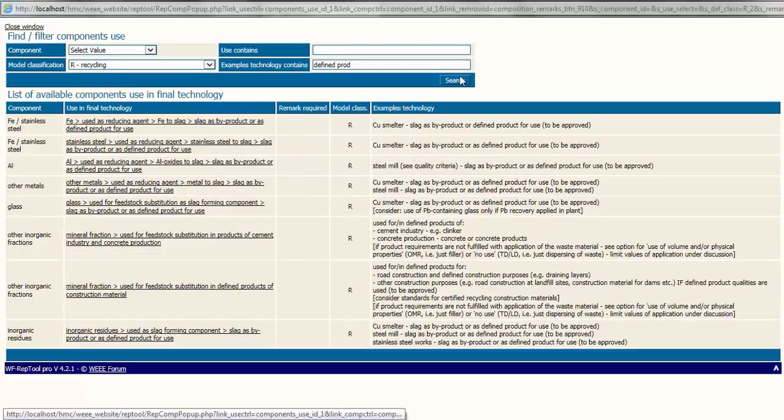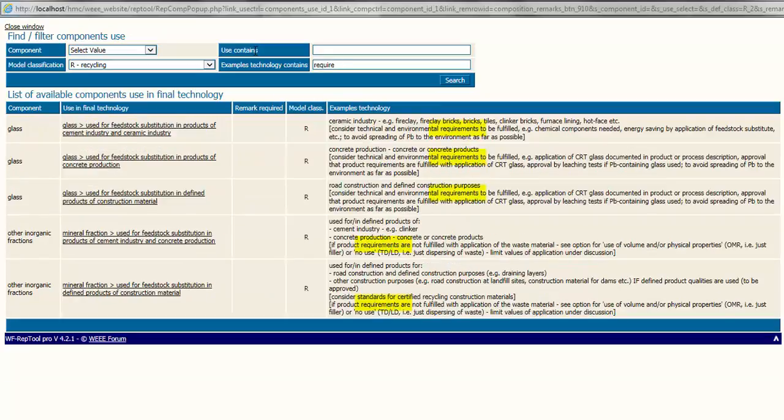In these cases, we give examples on the points to be considered under the example technology, like, for example, that technical requirements have to be met. Enter requirements, and you will see a choice of these options. If these products are not achieved, there will be most of the time a classification as OMR, as only the recovery definition is met.